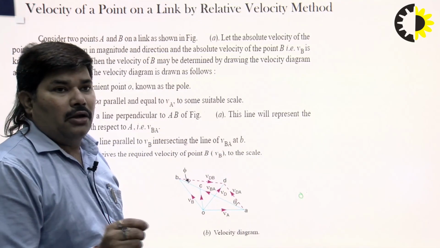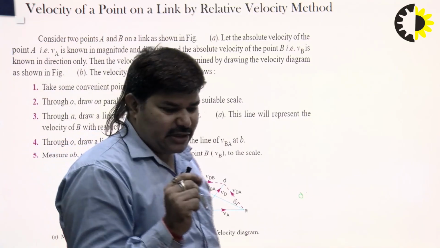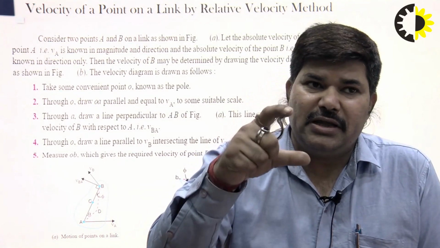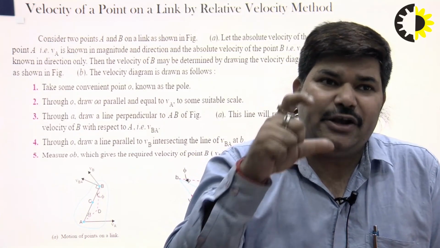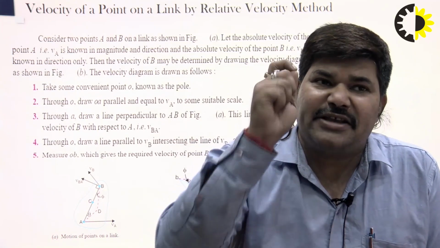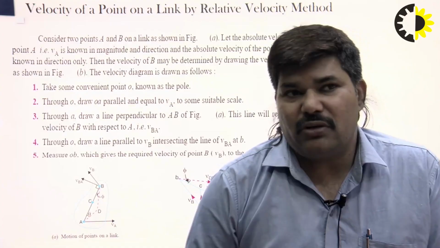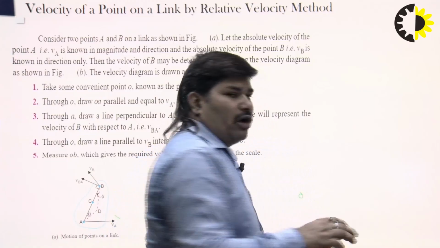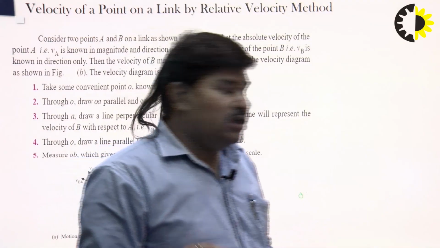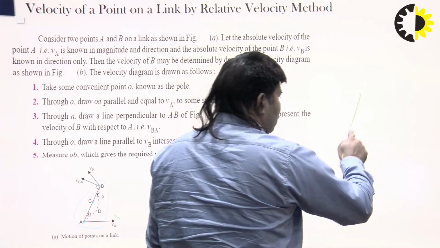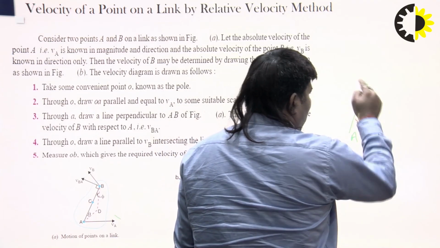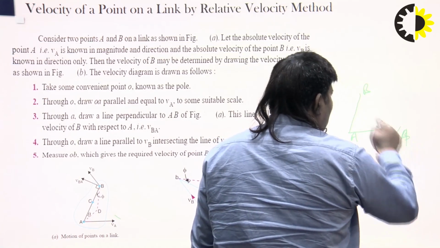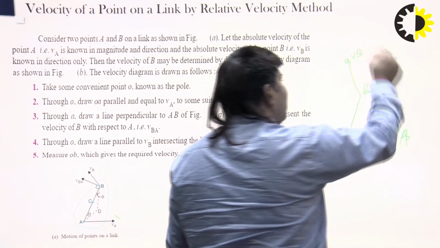Draw, in this question basically just to understand, that is the one link, and there are 2 points in the one link, point A and B. Point A, the magnitude and direction is given, and for point B, only the direction is given. So how to find out the magnitude of the point B, right? The basic question, forget about the points C and D. So these are the one link, that is link AB.